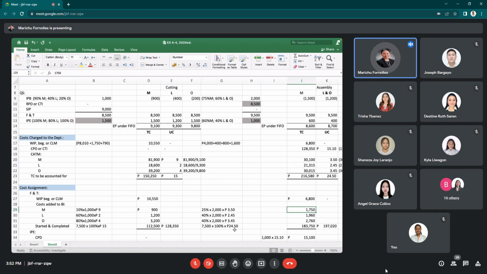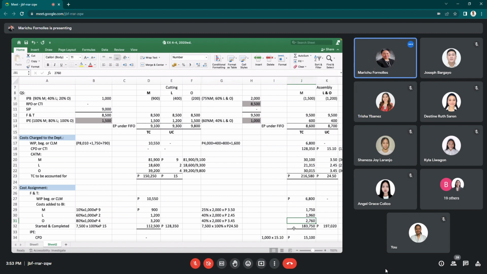1,750. For the labor cost added to the beginning inventory, the complement of 60% is 40%. So 40% of labor is added to the 2,000 units that were started last month times the unit cost of labor, which is 2.45 equals 1,960. For overhead, the remaining 40% of the 2,000 units started last month multiplied by the unit cost of overhead, 3.45 equals